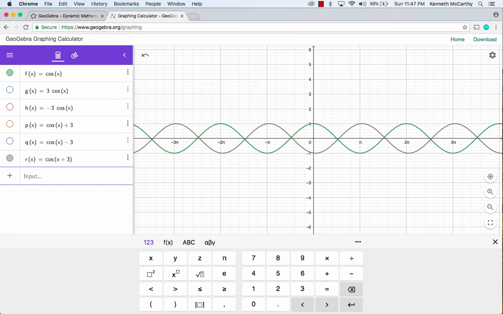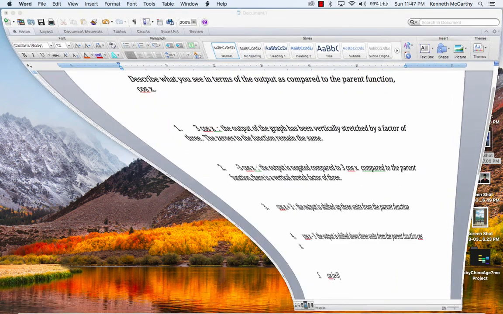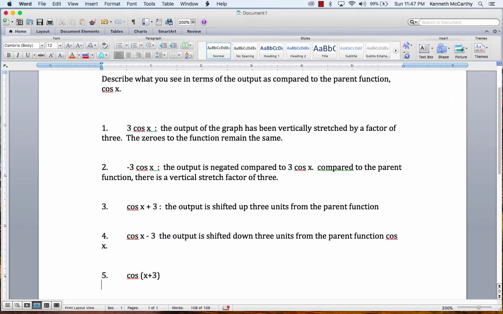So we say a shift plus 3 will result in a shift left of 3 units. So the graph is shifted left 3 units from the parent function